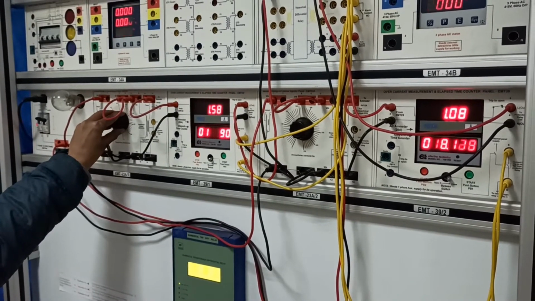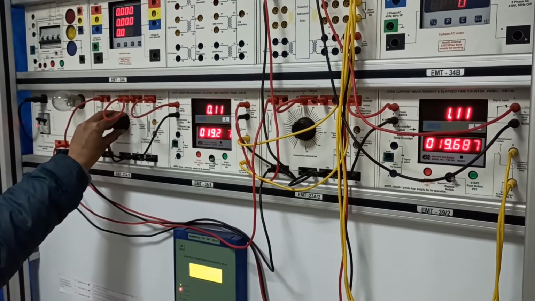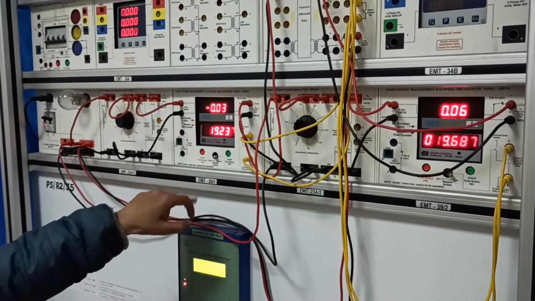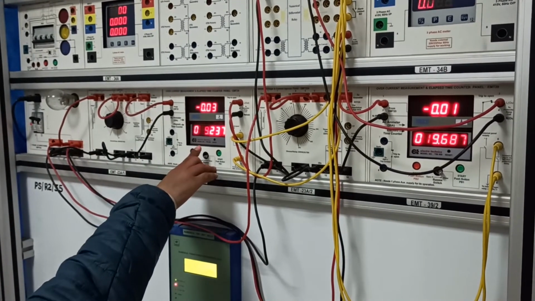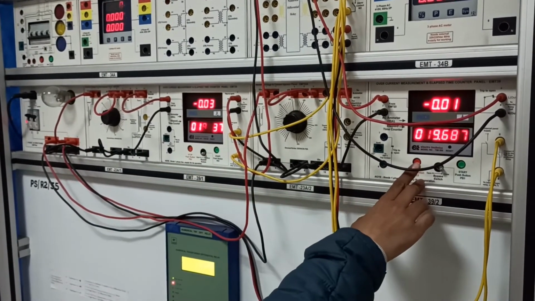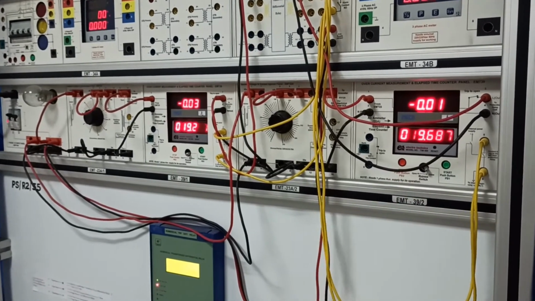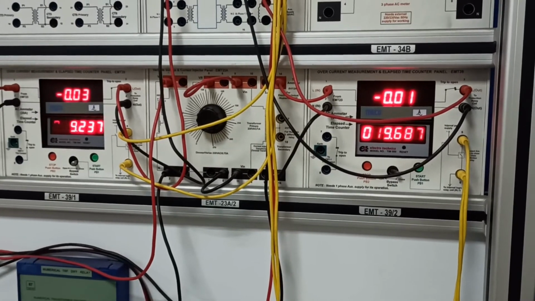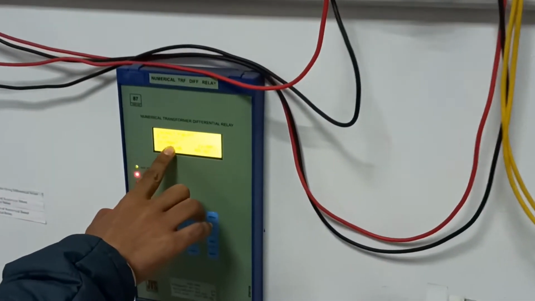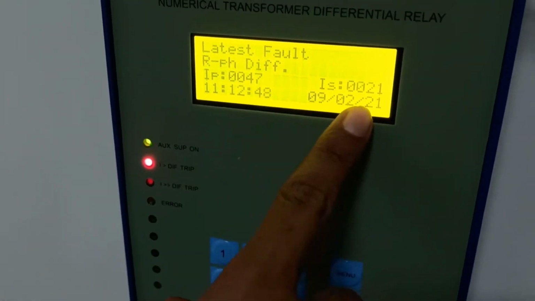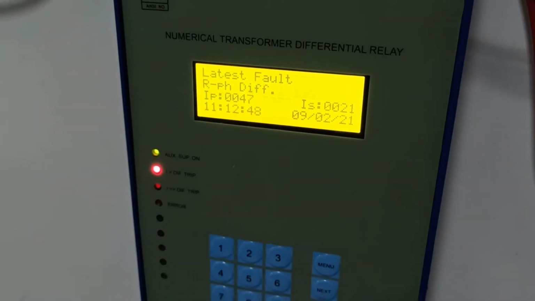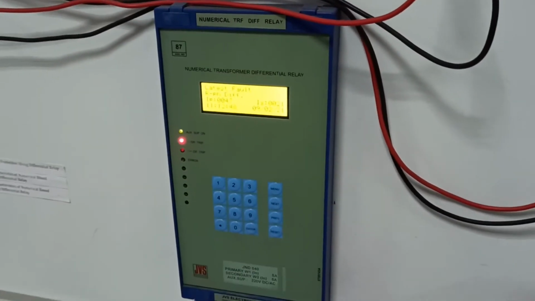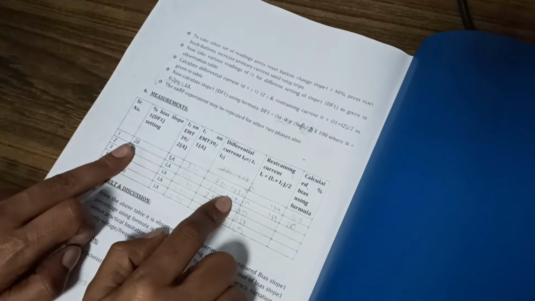Now increase the primary current until the relay trips, and note down the primary current and secondary. Primary is 2.07 ampere, secondary is 1.07 ampere. Now relay trip, I is greater than TIF, IP is 47, IS 21. Note down the reading and enter it in the table.